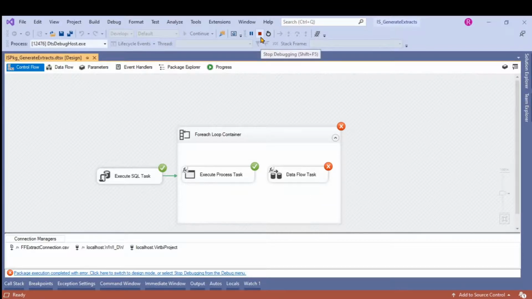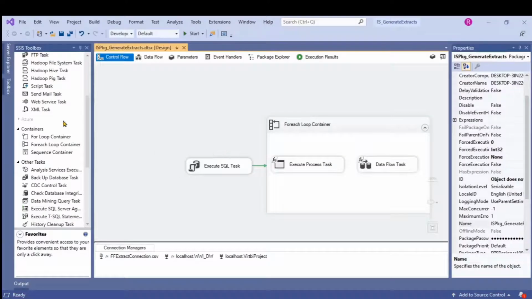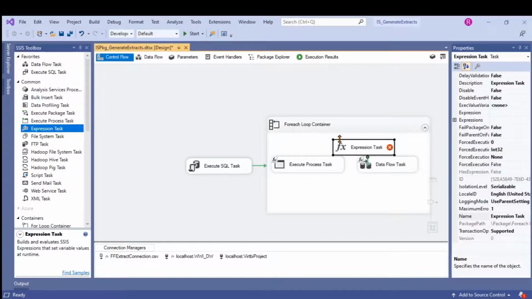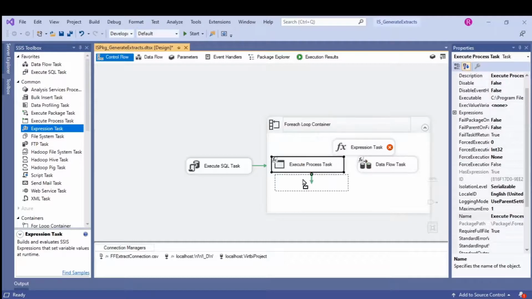So to avoid this, we have to conditionally navigate the control to the respective control flow task based on the type that we defined in the table row. For that, we have to evaluate an expression and check whether that gives a true or false condition. So for that, we have to use expression task. Let's drag that expression task into the for each loop container now,